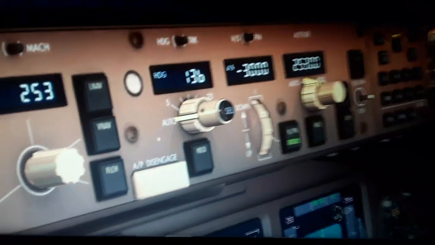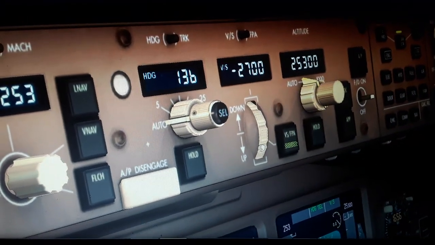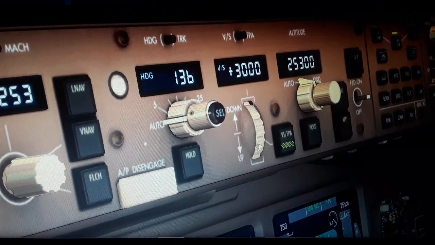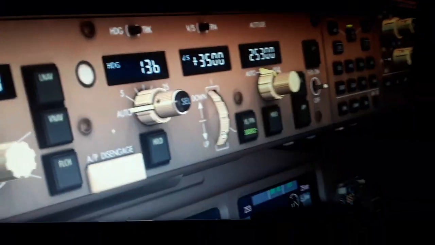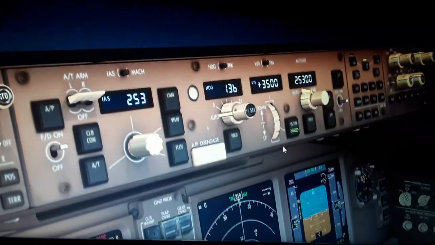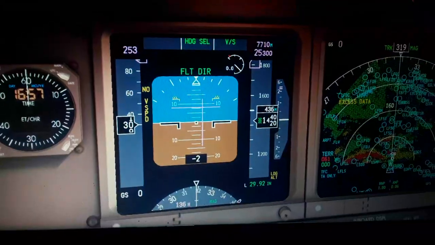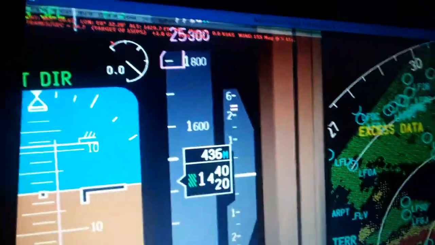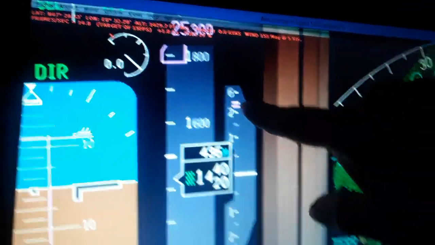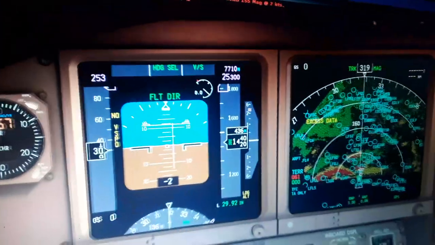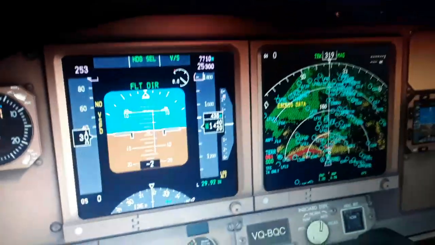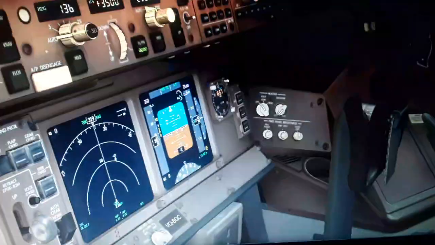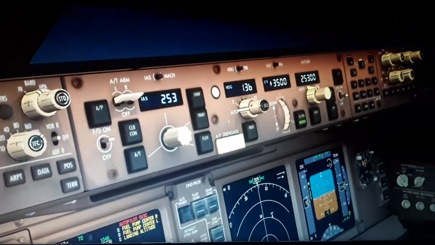You will see the climb like 3,500. So you see 2, 3. We have again the meters display, the vertical speed. You can see the difference between the two modes, and we have